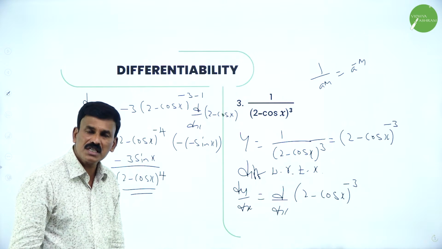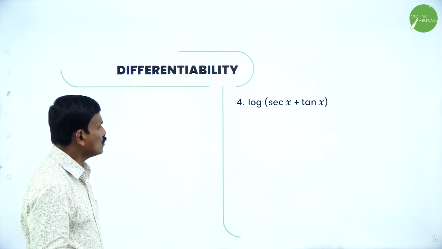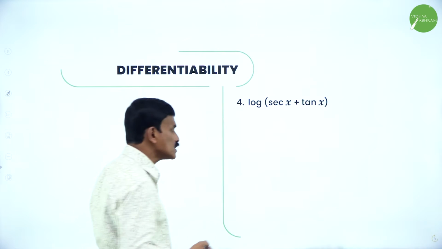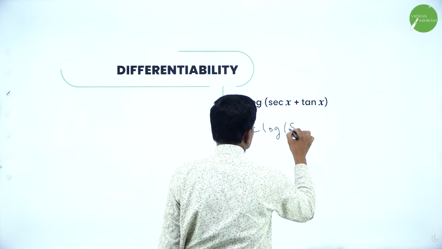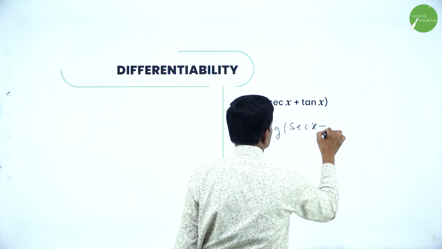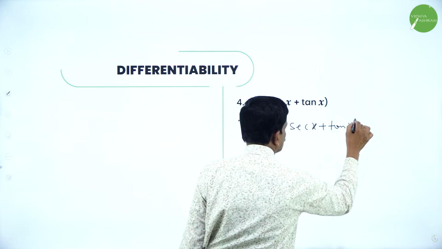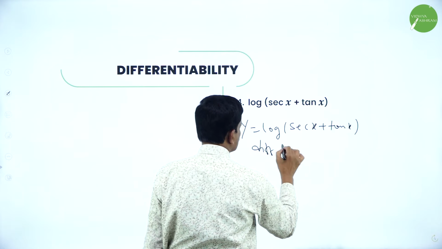Now let us come to the next problem. So y is equal to log of secant x plus tan x. This is also very important. Let us consider y is equal to the given equation, log of secant x plus tan x. Now differentiating with respect to x,